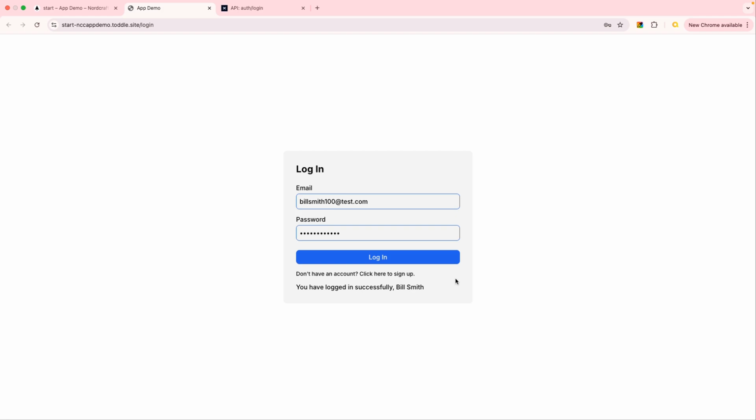And so now we've been able to grab our user information from the auth me API immediately when they've logged in. So generally we wouldn't need to do this, because what we would actually do is to take them directly from the login page directly to the main app page,